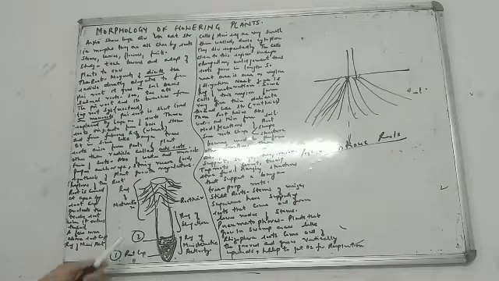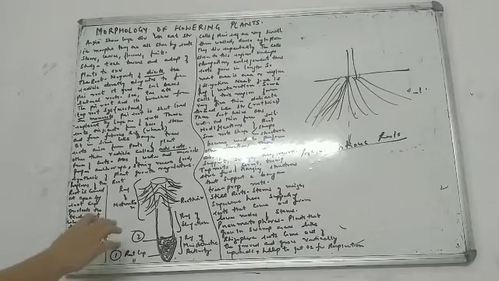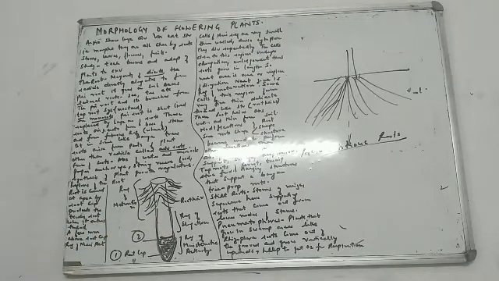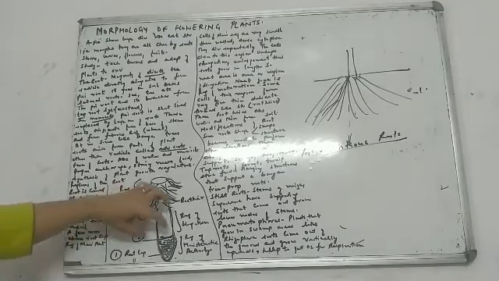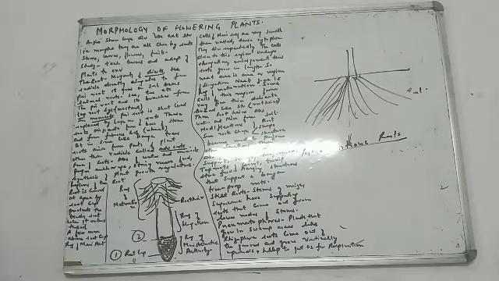Obviously, the name tells you, region of meristematic activity means the cells of this region are very special. How are they special? They are very small. They have very thin walls, and they have a lot of cytoplasm, and they divide continuously. These are the four characteristic features of the cells of this area. The cells of this region are very small. They have thin walls, they have dense cytoplasm, and they divide repeatedly. Because they are dividing repeatedly, there is a lot of activity of meristematic cells going on over here. This region is known as the region of meristematic activity.